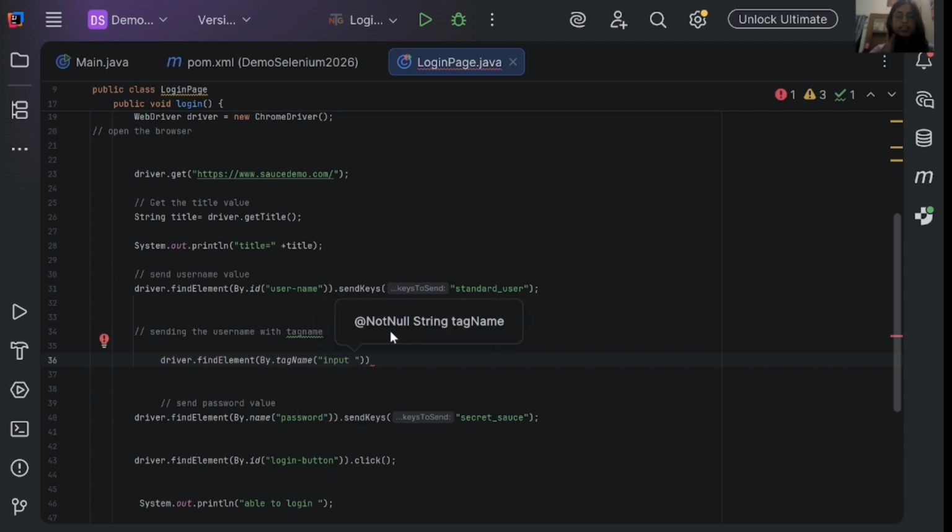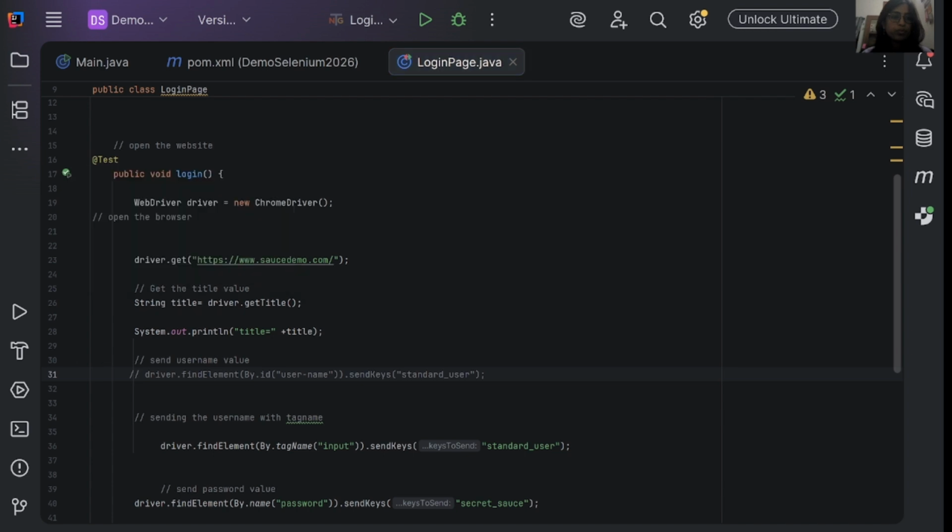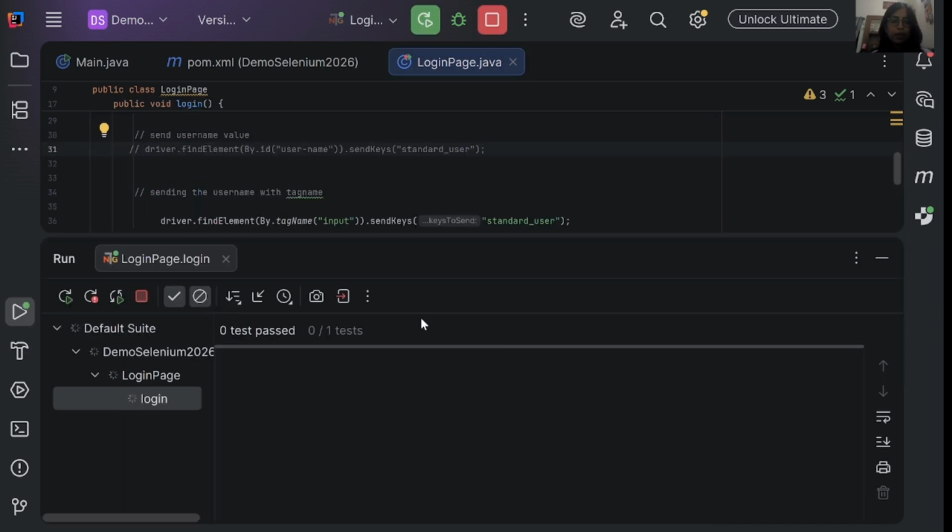As we already saw, the tag name is input, then dot send keys, and we send the username value. So this is the tag name, and the tag name type is input. Now I will comment the previous one and let's run this, and see what will happen.